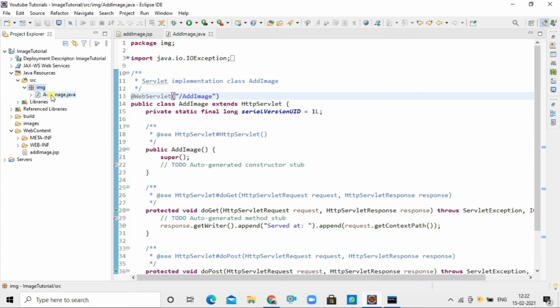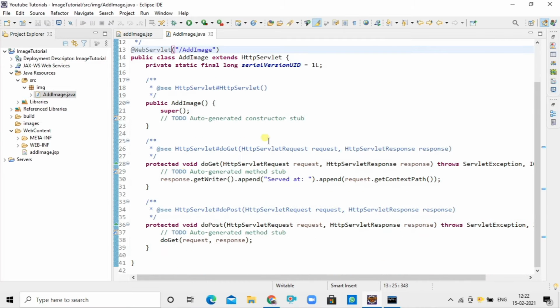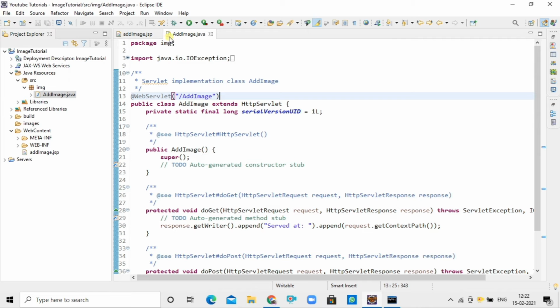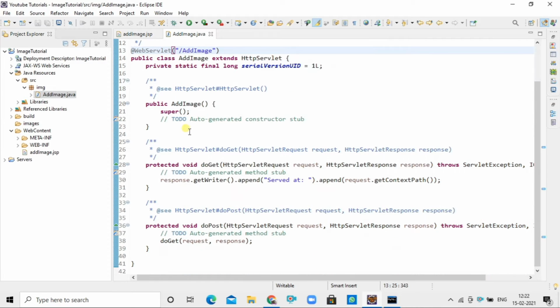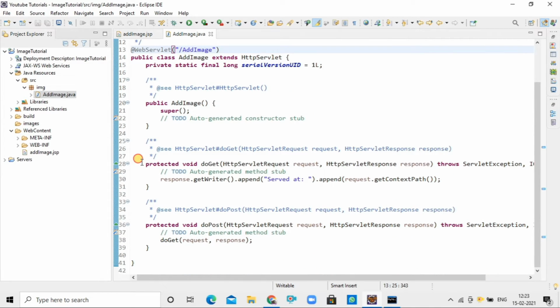Whenever we create a servlet, we will always be able to see this much in it. We will be able to see the doPost method and the doGet method. Here I will use the doPost method.